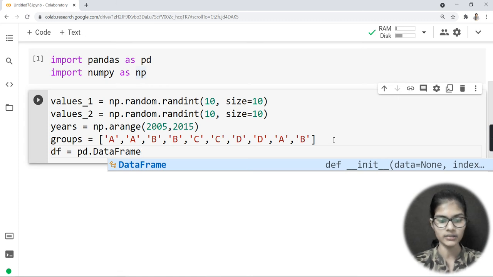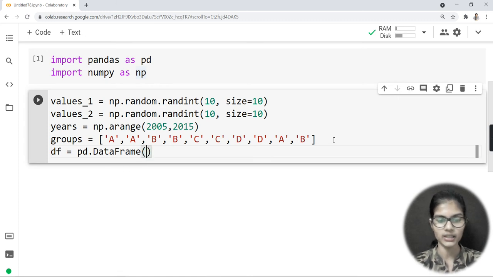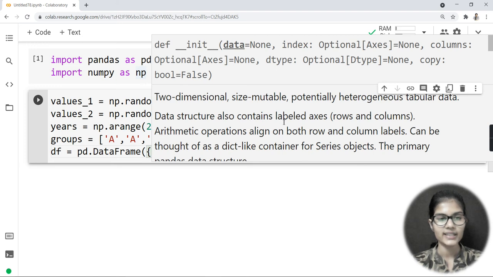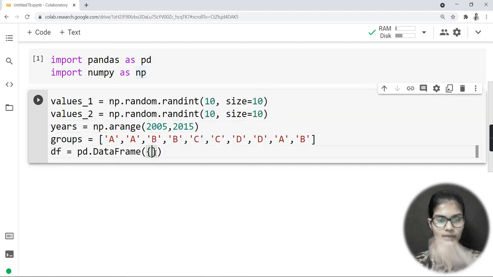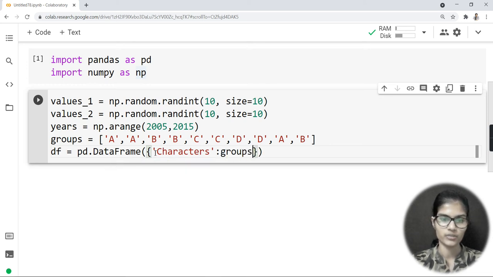I would just put the brackets here, and yeah, this one, and the curly braces also. Now basically what I would be doing here is giving the names to my columns, right? The column names that I want here. So the first column name, let's say I would be giving as groups. For groups, what column name should I take? Let's say I would take characters as my column name. So I would need to put that name in quotes. Then I will put the colon, and in characters the value for the group should be stored. Fine, I would put a comma here.